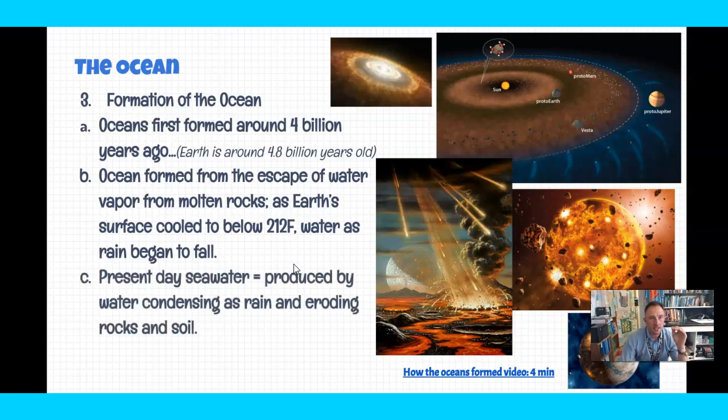Our present-day seawater was not always salty. It was, in the past, freshwater. When it first rained and the first oceans formed, it was freshwater. It has gotten salty over the last 4 billion years because as water evaporates and then falls on mountains, it dissolves rocks and materials, carries those down into the ocean basins, and then deposits the harder sediments, right, the parts